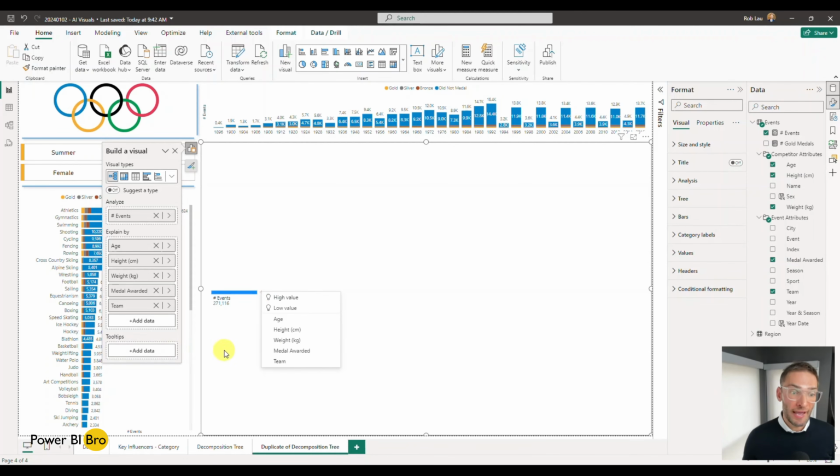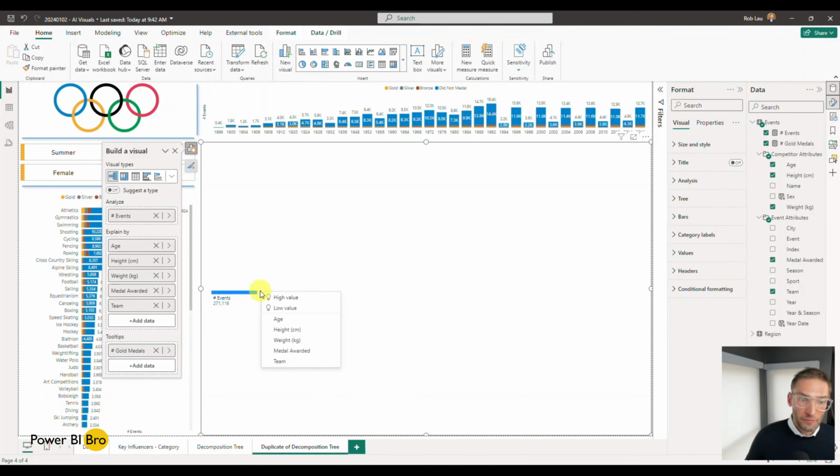and tooltips. So if you want to add additional things like number of gold medals, number of bronze, number of whatever, just create the calculations you want, simply drag them to the tooltips and they'll show up as you hover and highlight over things. But we have to still talk about configuring and formatting. So when we click plus,